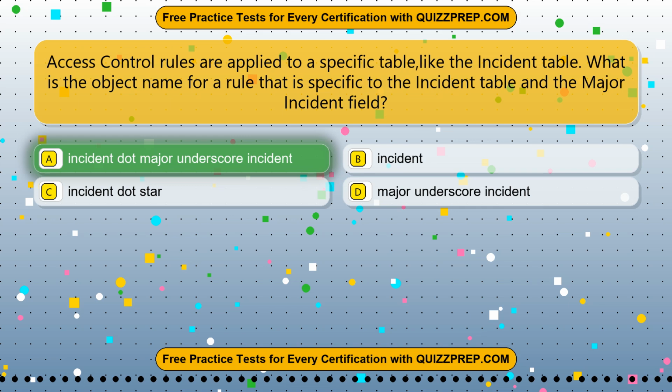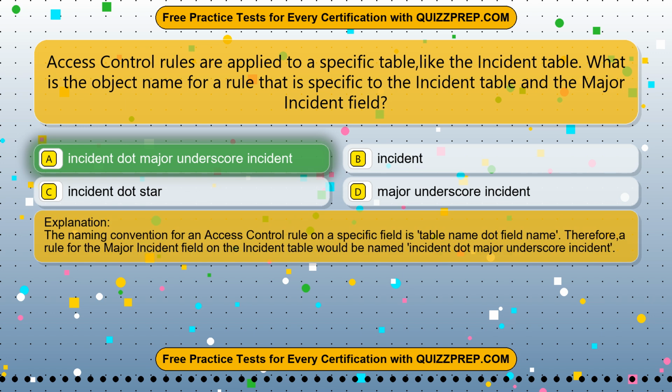The correct answer is option A, incident.major_incident. The naming convention for an access control rule on a specific field is tablename.fieldName. Therefore, a rule for the major incident field on the incident table would be named